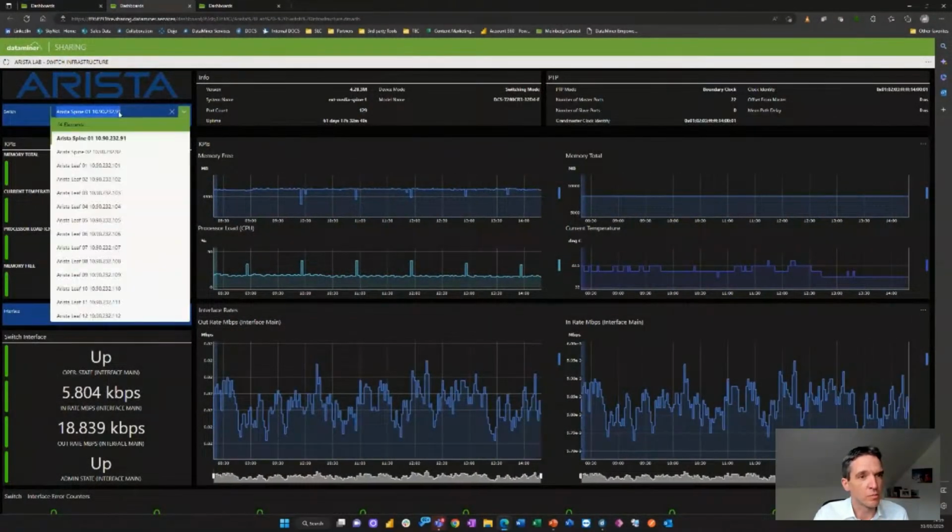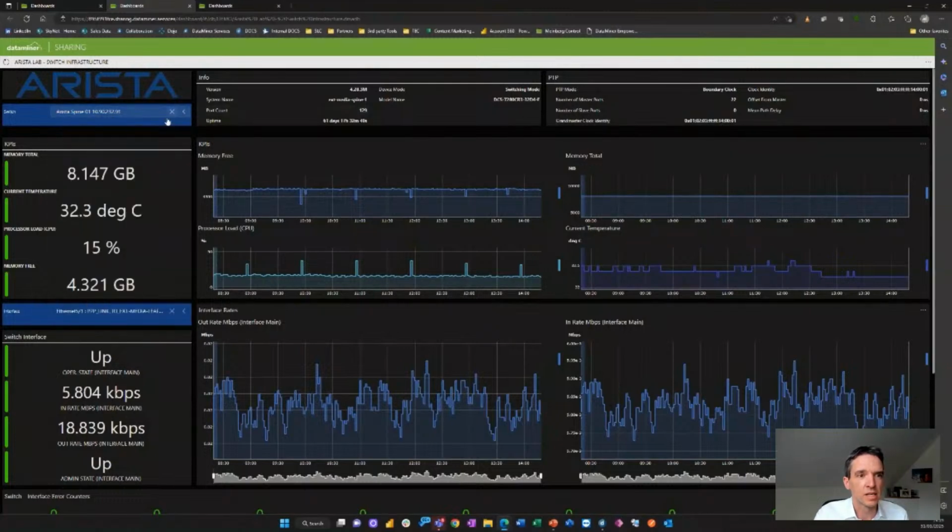Another dashboard here. This is coming from one of our partners, Arista. We have a live connection to their lab in the US. You see there is a spine leaf network, and we do similar things. We monitor the usual KPIs, free memory, CPU utilization,